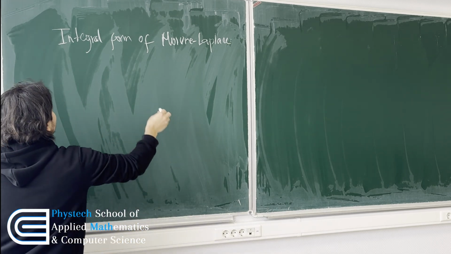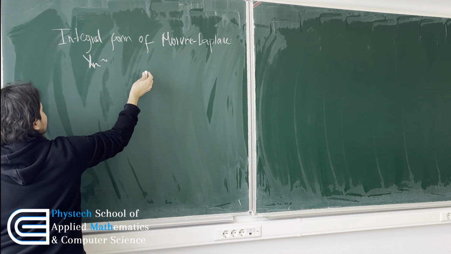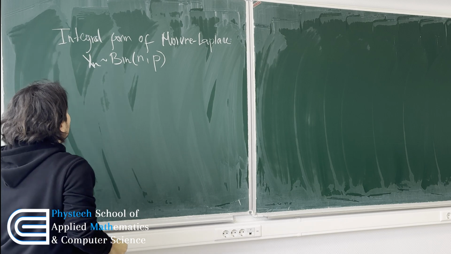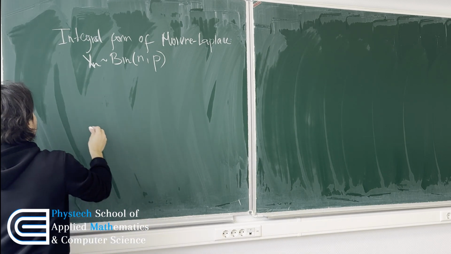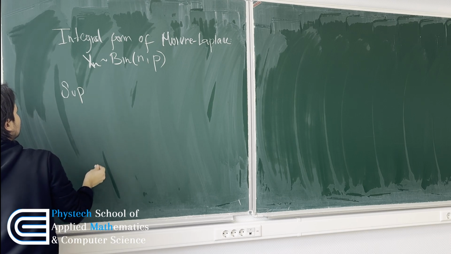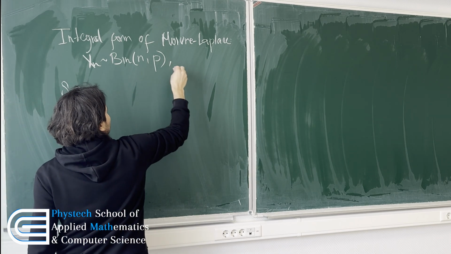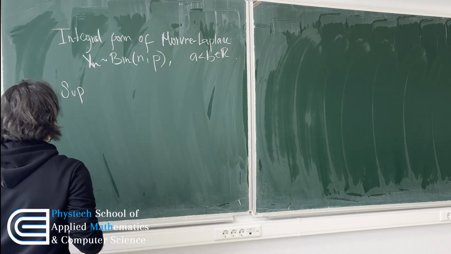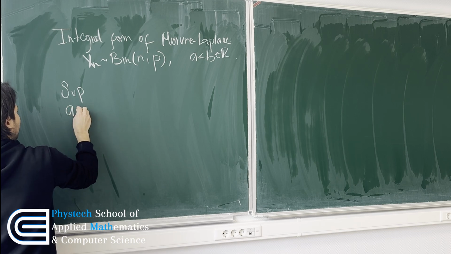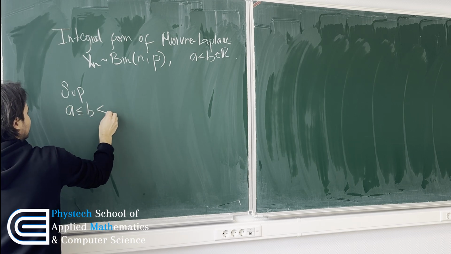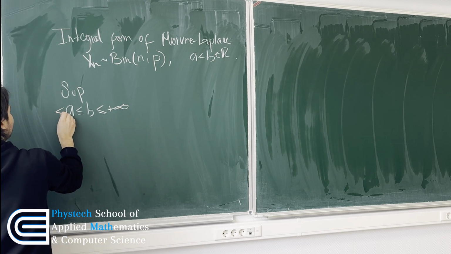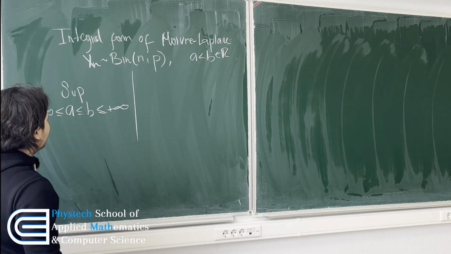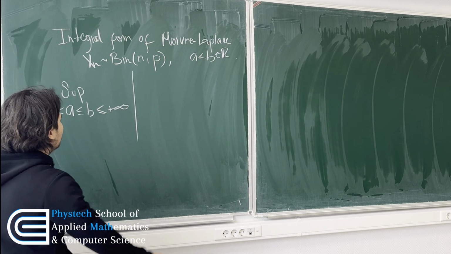So we have, again, Xn is a sequence with binomial distribution and parameters n and p. And then we can state the following: the supremum over all A less than B, and these are real numbers. Okay, so the supremum over A less or equal than B is less or equal than plus infinity and greater or equal than minus infinity. And then I will have the following, so that the probability